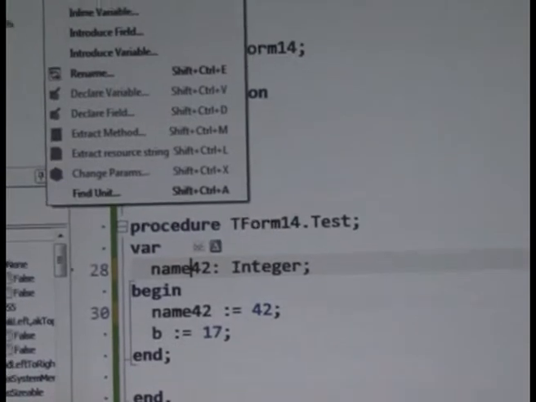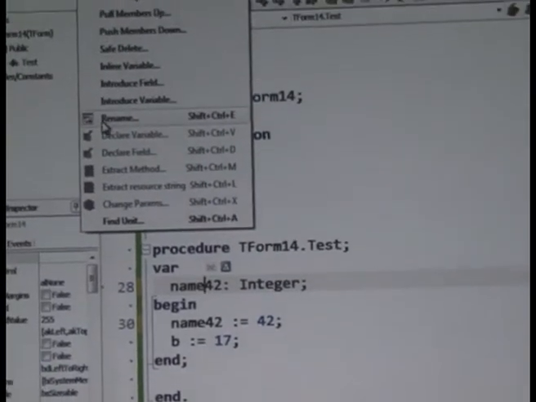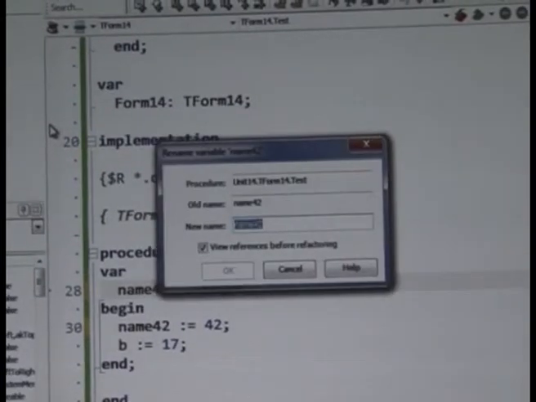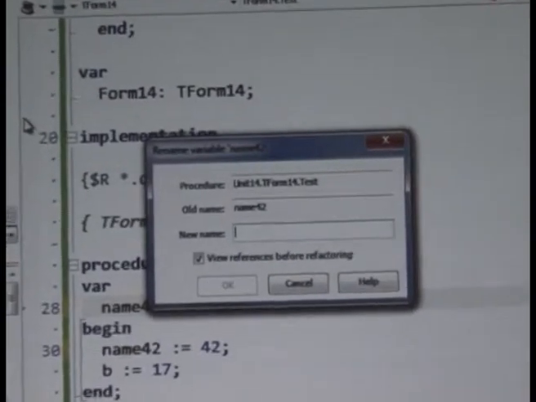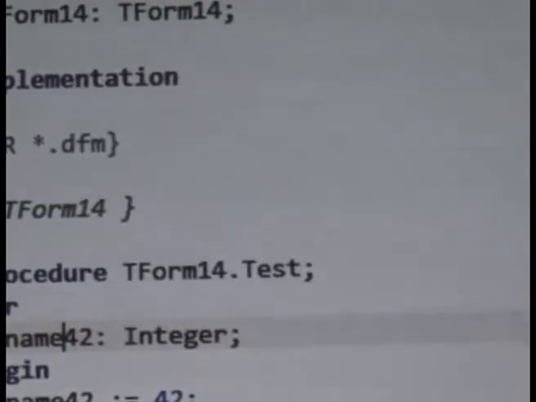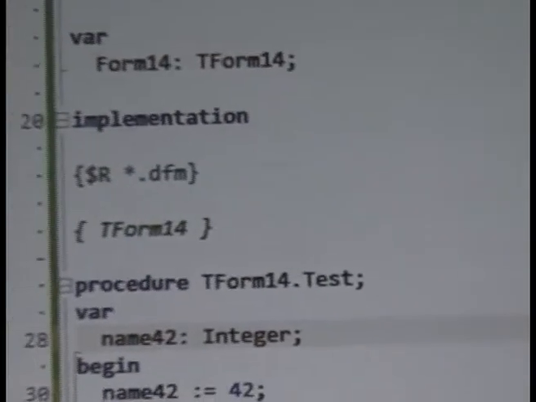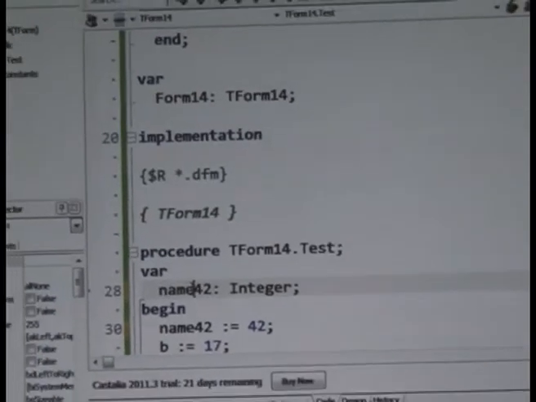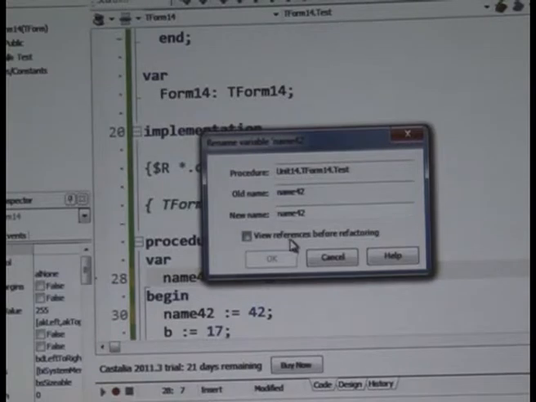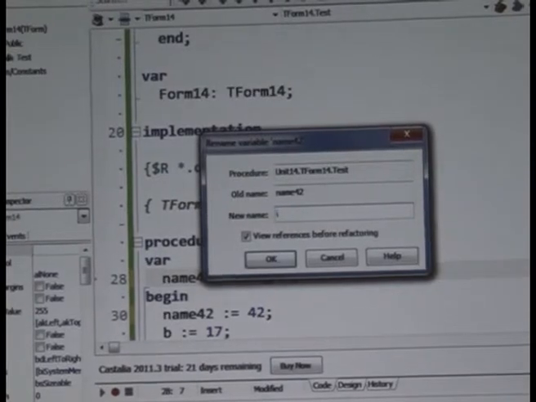I can also use Delphi's refactor rename, or Ctrl-Shift-E, and go back to the original name, for example. If you noticed, it said here, view references before refactoring, and by default, this is turned on. So when I say OK,